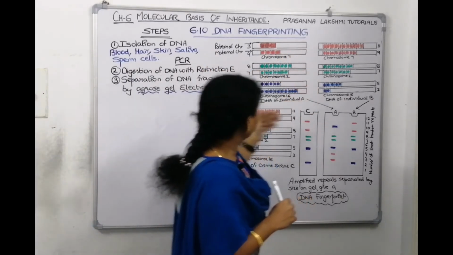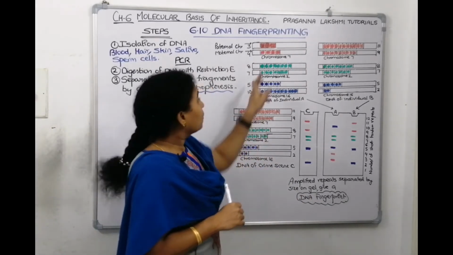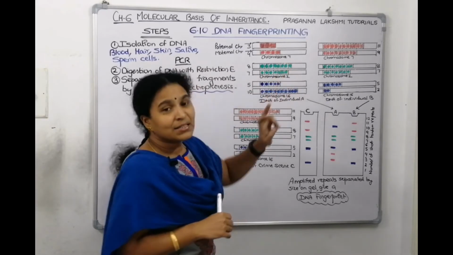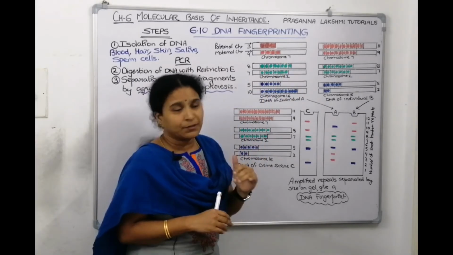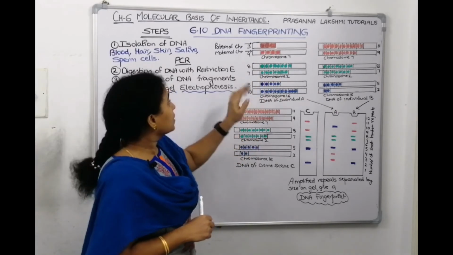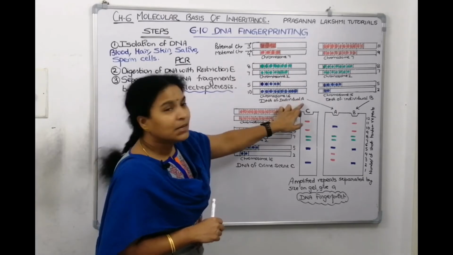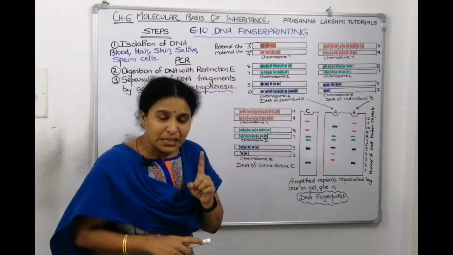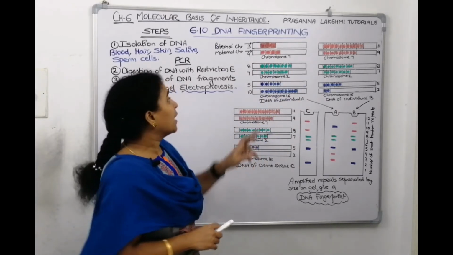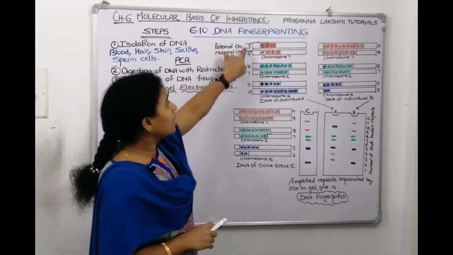From father we call it paternal chromosome, from mother we call it maternal chromosome. Same here also. Now, when we digested it, on the 7th chromosome we are digesting at VNTR, which we will see afterwards. So, tandem repeats we are telling, repeated sequences. Now, on the paternal chromosome, 7th chromosome of individual A, how many repeats are there? Here NCERT shows there are 3 repeats. That's what I wrote here, 3 repeats.